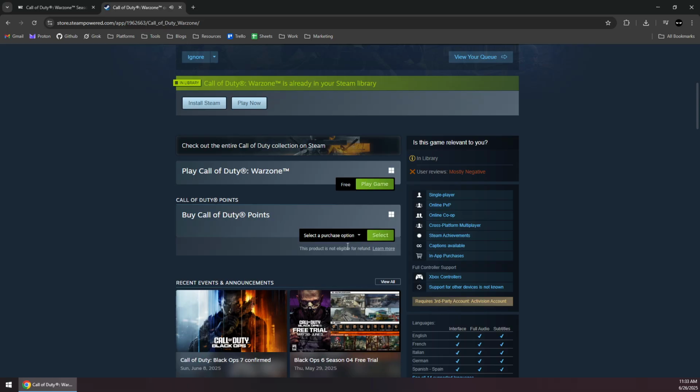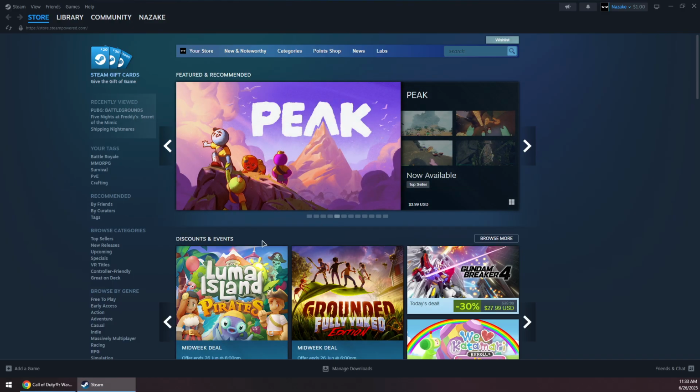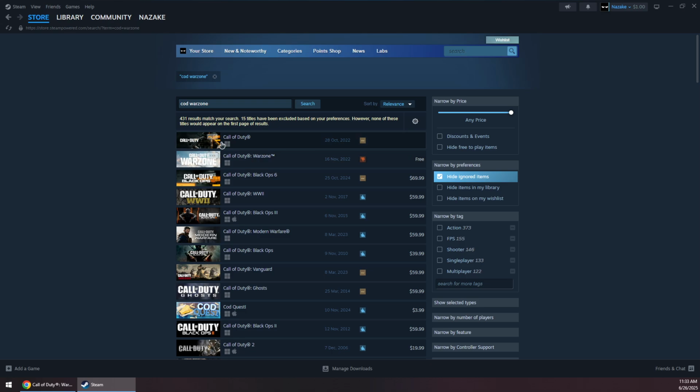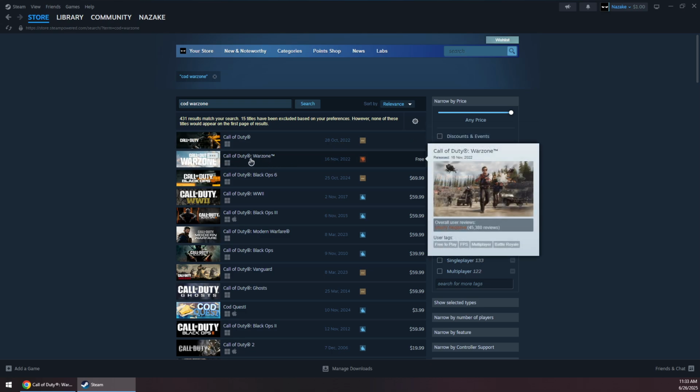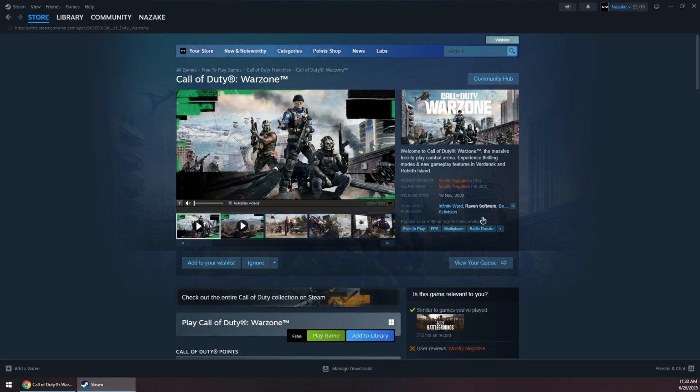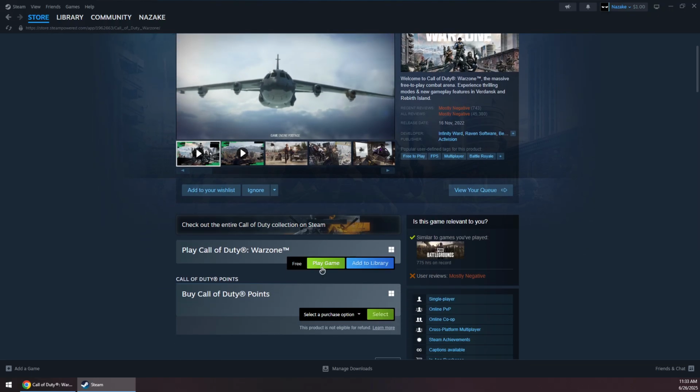Then you can click on Play the game. You can also open up Steam, and in the store section here you want to search for Call of Duty Warzone, which is pretty much the same process. Now you want to click on Call of Duty Warzone and simply click on View Page. Make sure you change the date here and then click on Play Game,